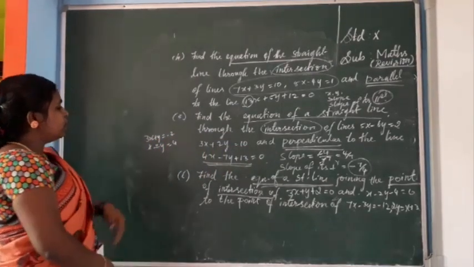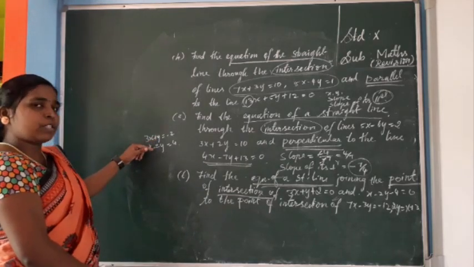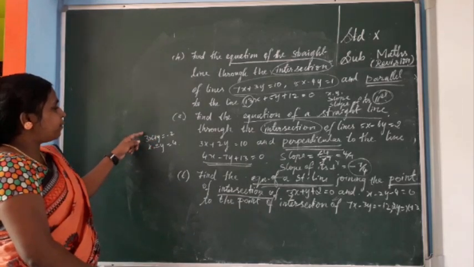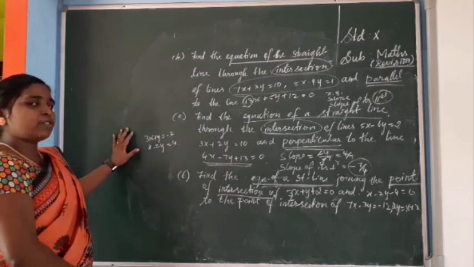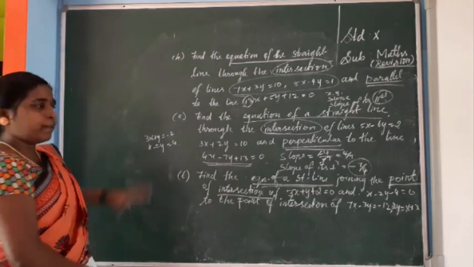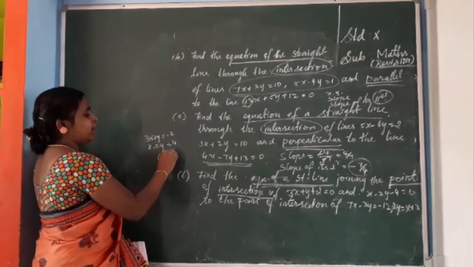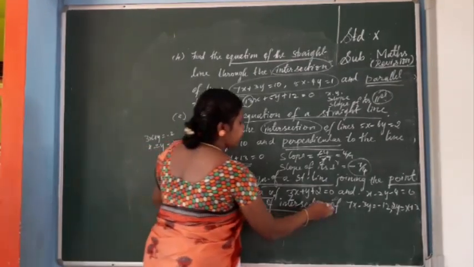Let's see how to convert the coefficients. If any one of the coefficients is the same, we can use elimination. So multiply the first equation by 2, otherwise multiply the second equation by 3, and you will get one coefficient the same. After that you solve and you will get one point. The first point is x1, y1.